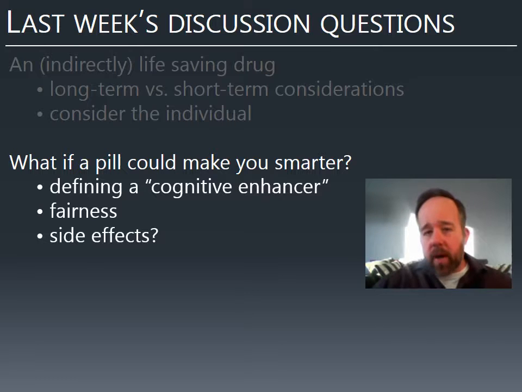Also, what would the side effects be? And if you had such a large portion of the population voluntarily taking a drug, you have to be really careful about what the side effects are. It's not a small handful of people. It's a really large segment of society, potentially. And what if there are side effects we don't anticipate? Do we need to worry about regulating these sort of optional drugs, with the concern being that there could be really severe long-term side effects?